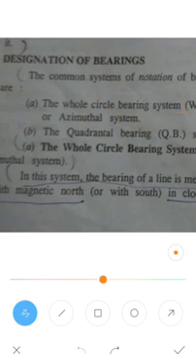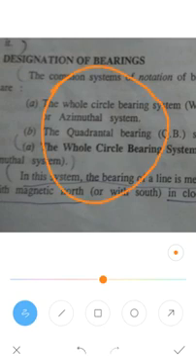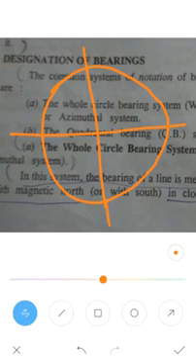So I told, whole circle bearing is considered where the circle is there. This is how exactly the circle will be divided. I told this is called north. From exactly this north, from here to here is 90 degrees. From here, if you are going further, it will be 180 degrees.